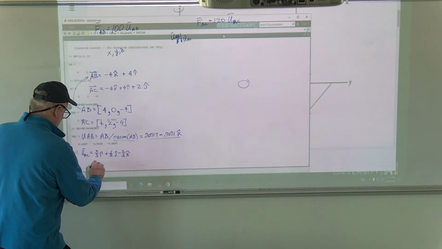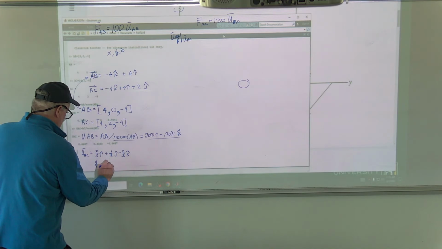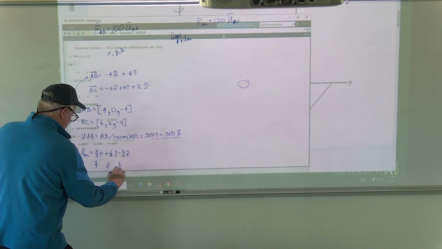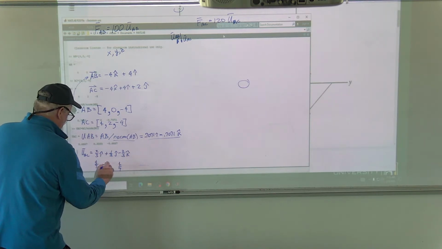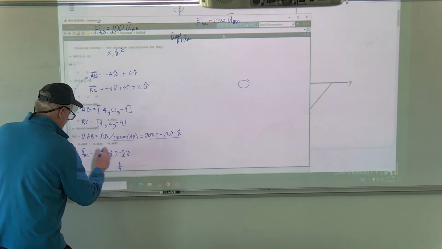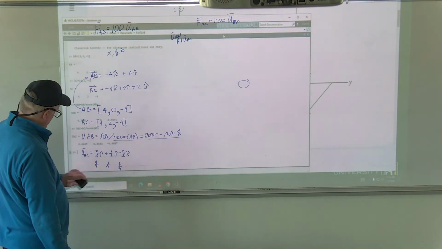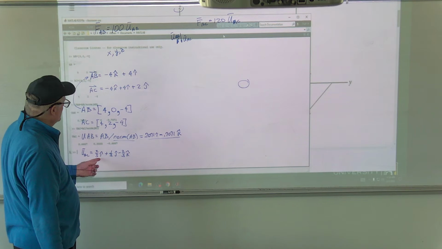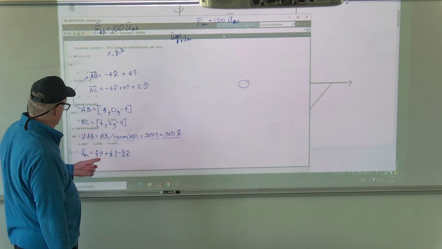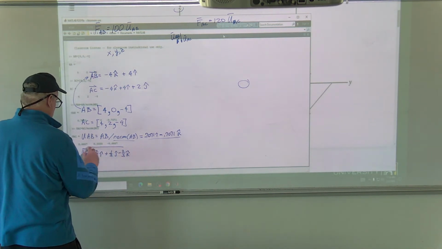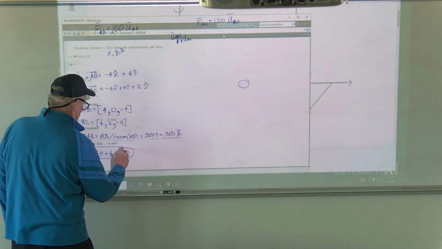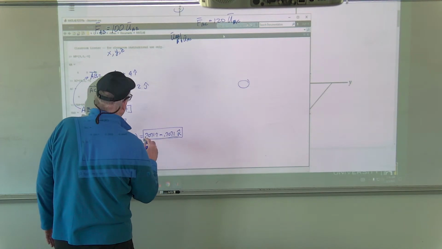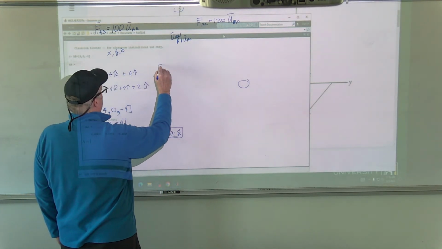Now if you square this term, you're going to get 4/9. Square this term, you're going to get 1/9. Square that term, you're going to get 4/9. 4 and 4 is 8, 1 is 9, and so the length of this vector is 1. So now you stare at this, and I'm going to use this vector and this vector, and what I'm going to do is find FAB